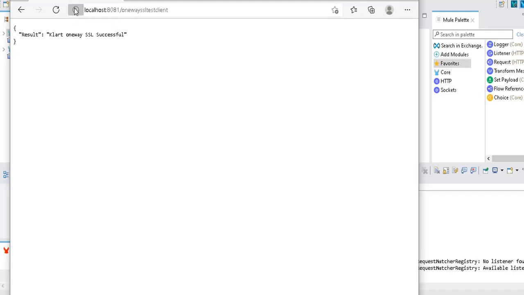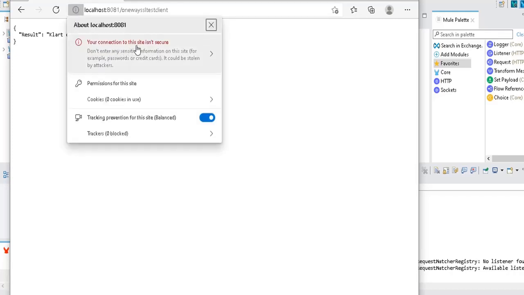But here if you see the site information, it says your connection to this site isn't secure. Because this is not the HTTPS protocol, the client application is HTTP protocol, and the certificate is also not valid. We have generated our self-signed certificate which is not from the CA authority, but in your real-time projects you will get the certificate details from the certificate authorities. That will let you create the HTTPS service. Then you will find this connection is secure, just like google.com which we have seen earlier.